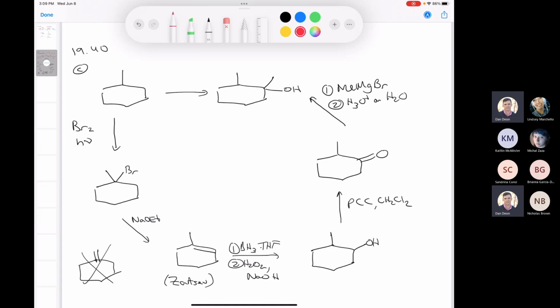But how many total steps is that? That's 1, 2, 3, 4, 5, 6, 7. 7 steps to get to the final product. It's certainly a number of steps to get there. But again, you've just got to know all of the reactions frontwards and backwards. That will definitely get you to your final product here. Let's try